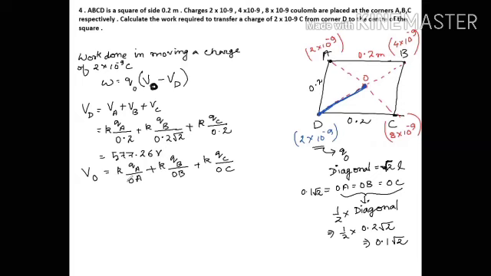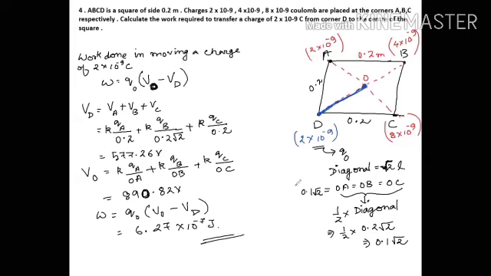Okay. So if you do the calculation again, you put the value of the charges and the value of K. So you will find something like 890.82 volt. Okay. So this is the amount of voltage at point 2. Okay. So if you replace this VO and VD value in our work done expression, which is Q naught (VO minus VD), you will find something like 6.27 into 10 to the power minus 7.